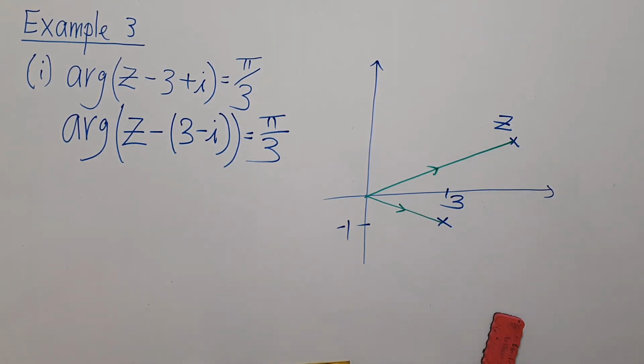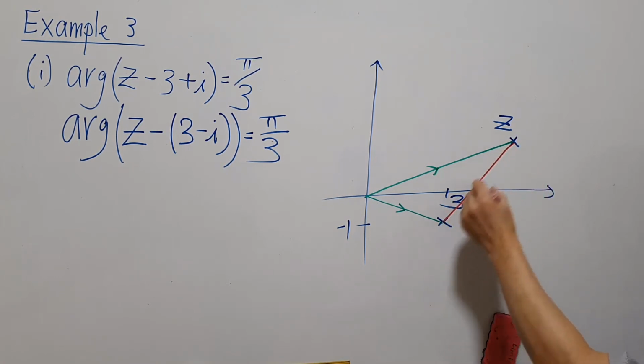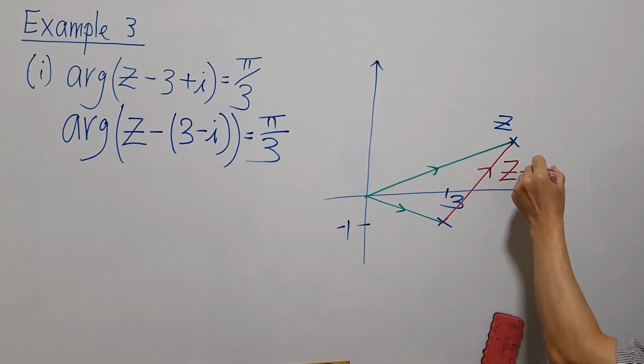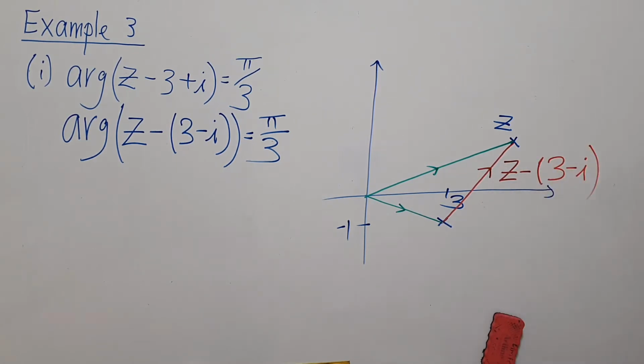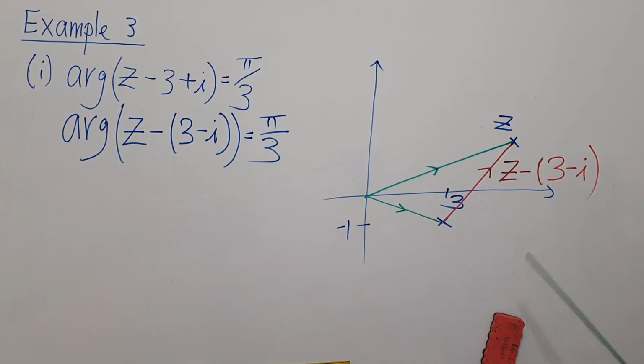Remember previously I told you that complex numbers behave somewhat like vectors. So the complex number z minus 3 minus i would be this complex number. This red vector here